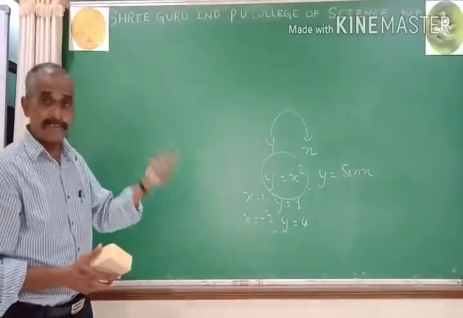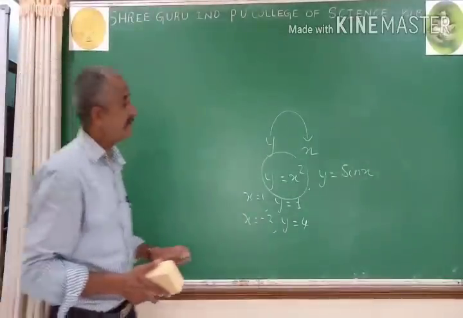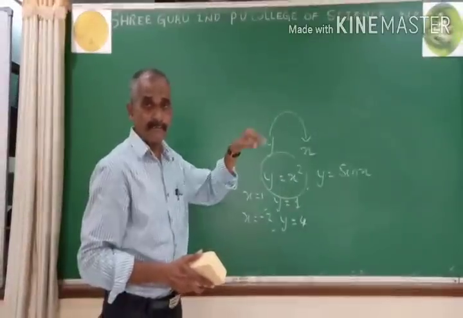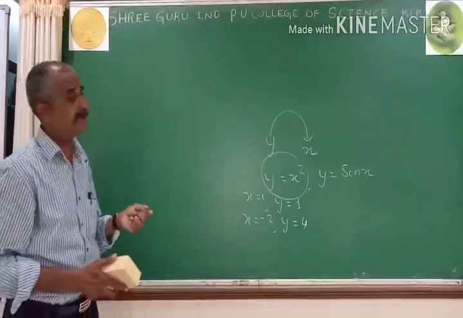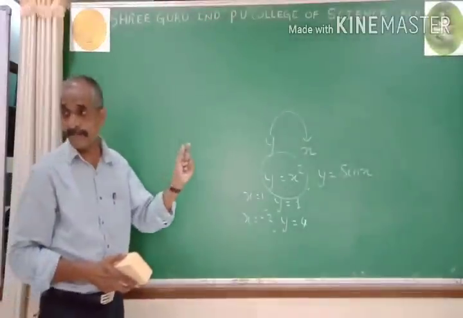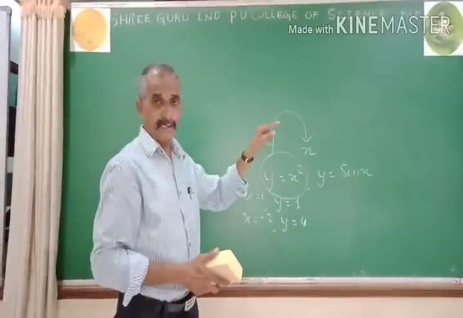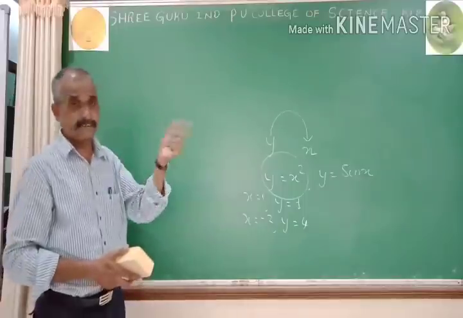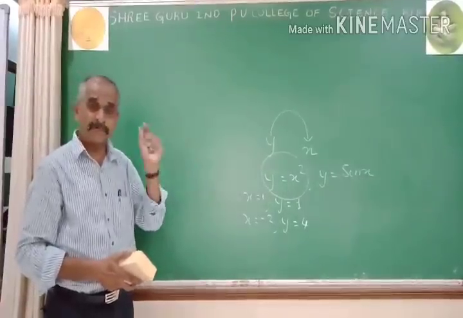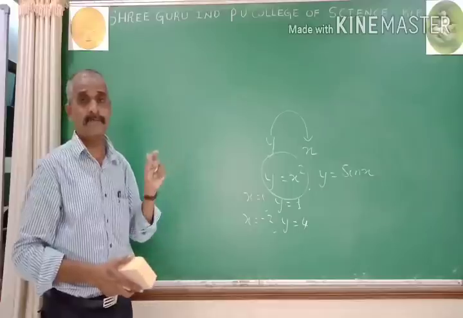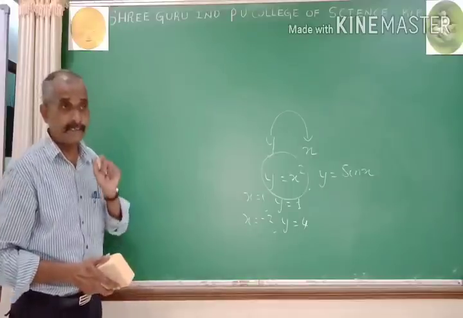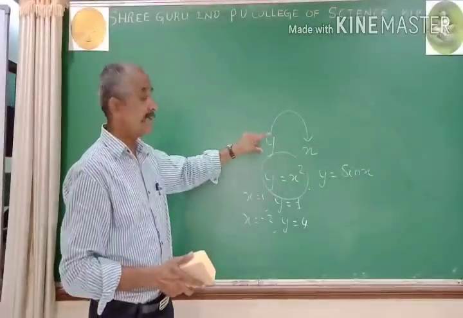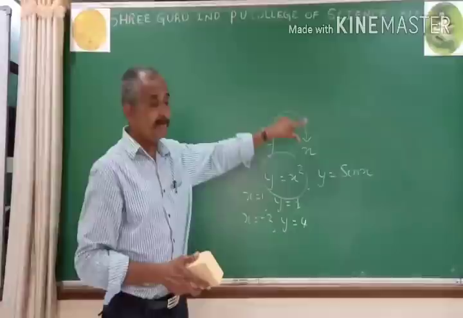Then comes implicit function, a function in which the dependent variable y cannot be expressed directly in terms of the independent variable x, or it can be expressed in terms of x after some suitable steps like squaring, shifting that side, shifting this side, taking log, whichever suits. That function is called by the name implicit function. In other words, an implicit function is one where we cannot get the value of y directly from the value of x.